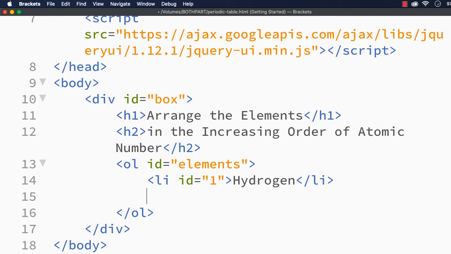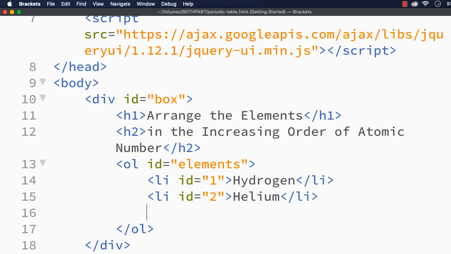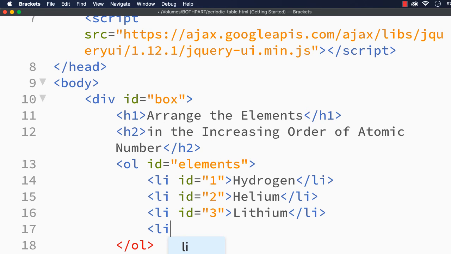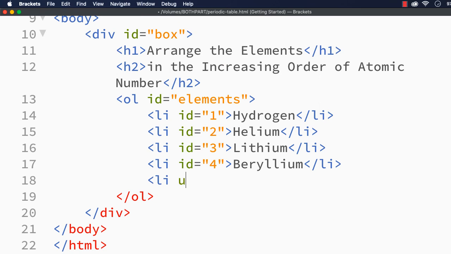So let me specify LI with ID equal to 2 as helium, then LI with ID equal to 3 as lithium, then comes beryllium, boron. So LI with ID 4 beryllium, then ID 5 is boron.